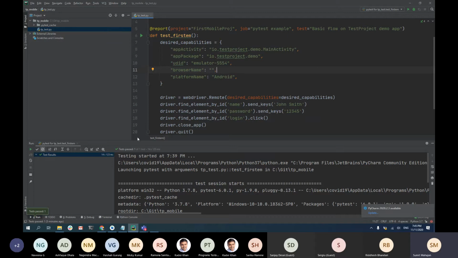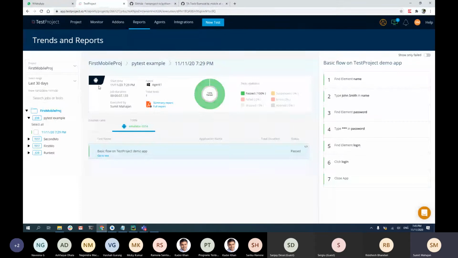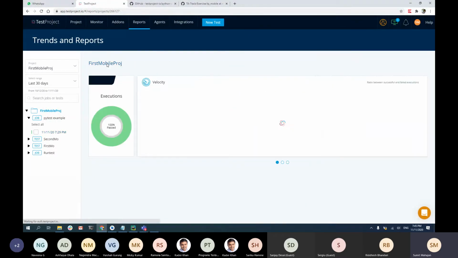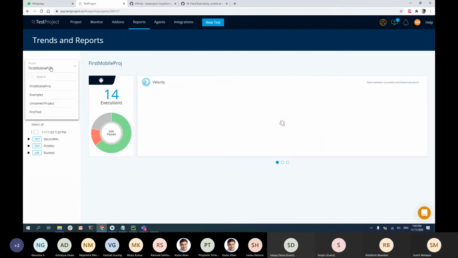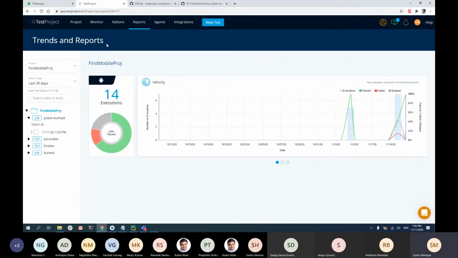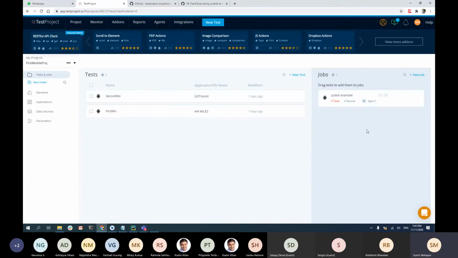So if I'm going to create different environments, I have to go in the project and create multiple jobs. One job will be based on prod and one job will be based on dev, right? The configuration of environments is a little trickier in TestProject. You can use different